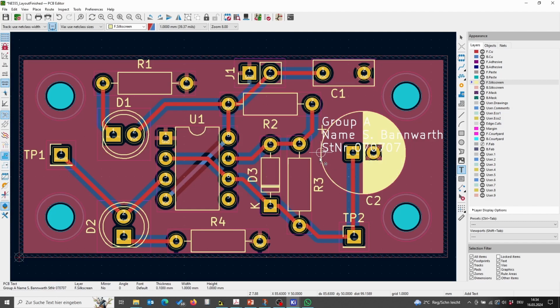It's a little bit large, we rotate it, we mark it here, and then we say